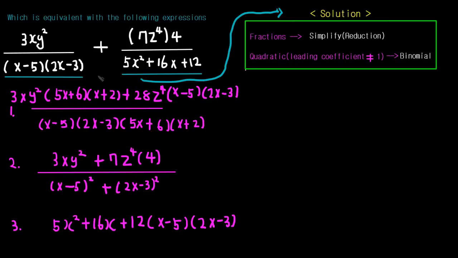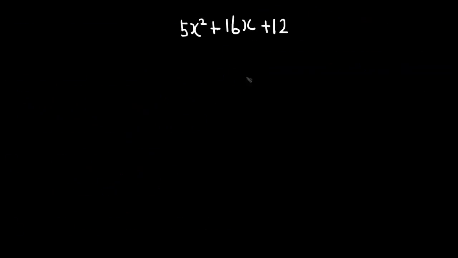The reason we convert that into a binomial is that, in order to simplify, we need to reduce by making the denominators common. To do that, we need to multiply every factor except the common one, but for a quadratic it is hard to find the factors, and it makes the calculation complicated. Since the biggest exponent in this quadratic is 2, we can convert that into a binomial. So if you were asked to factor 5x squared plus 16x plus 12 into binomials,